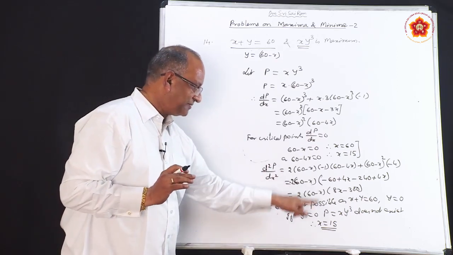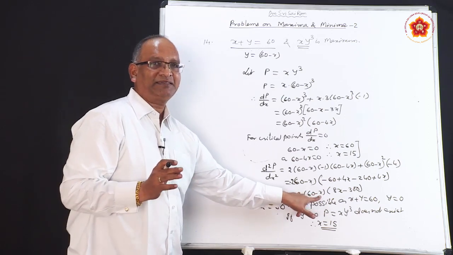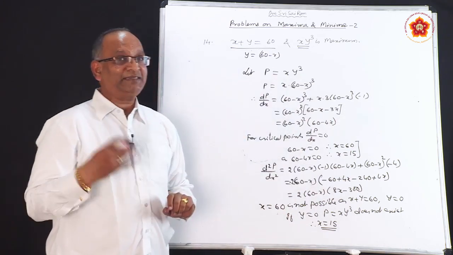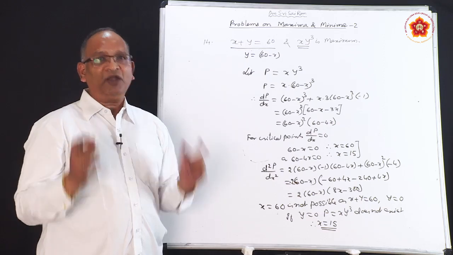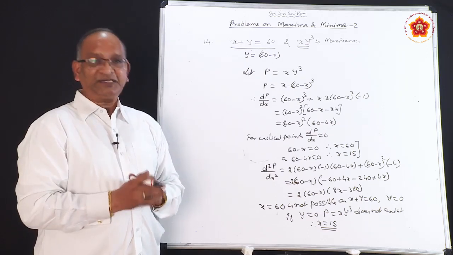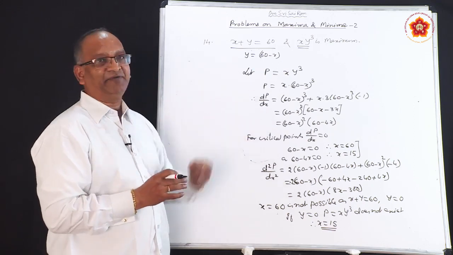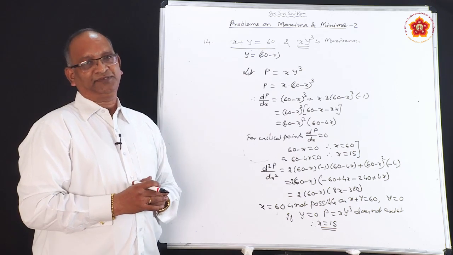For example, if you substitute x equal to 60, here 60 minus 60 makes it 0, second derivative became 0. And yesterday we discussed that whenever second derivative becomes 0, we cannot follow the method. That is why we were avoiding the second derivative method. So, we went back to first derivative. So, this is how we can solve the problems.